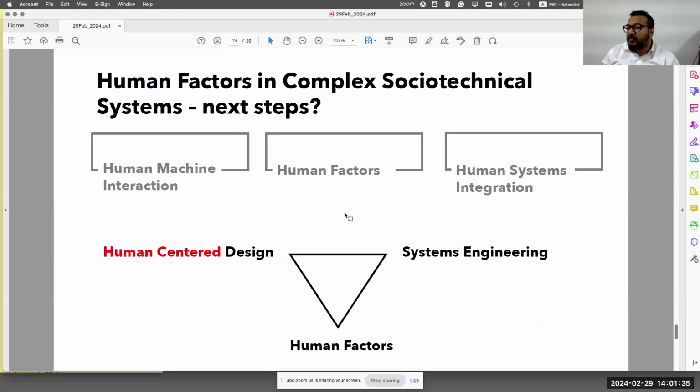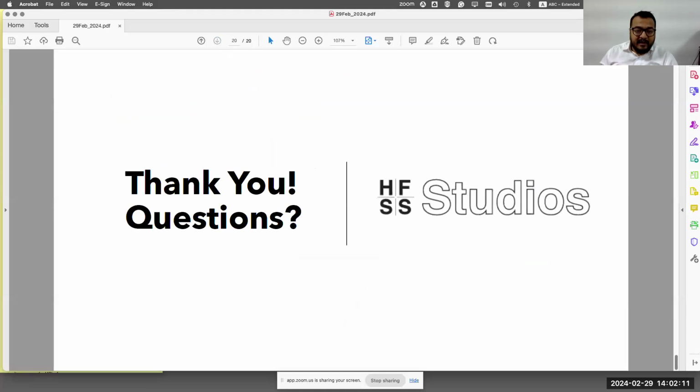And this brings me almost to the end of my talk. I look at human centered design, a lot of systems engineering and human factors, and HMI design, human factors, and human systems integration all have to be taken together. Some of the work that I had presented, few of my examples were mostly for engineering systems or complex systems, and how we can help the users, end users, or in most cases operators, to make sense of a lot of the work that they're doing. And that's all from my end. Now I will stop sharing.